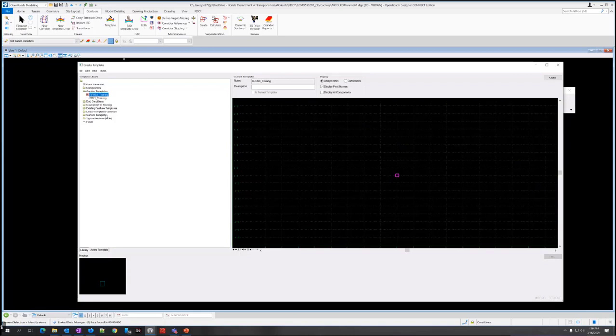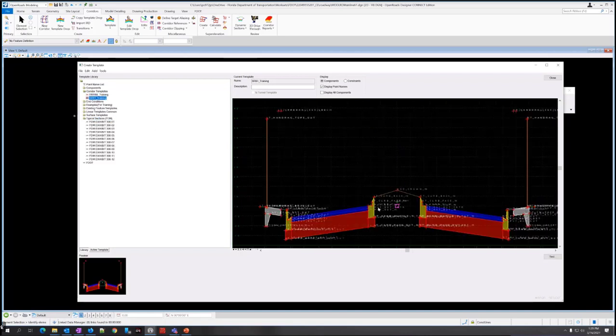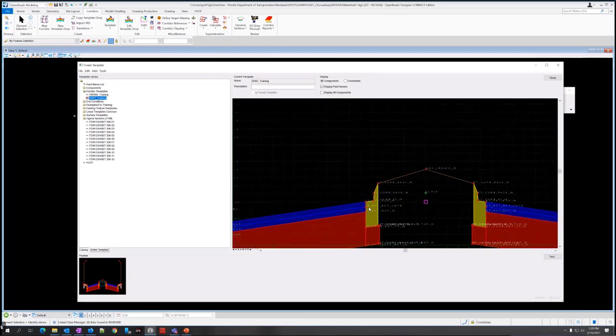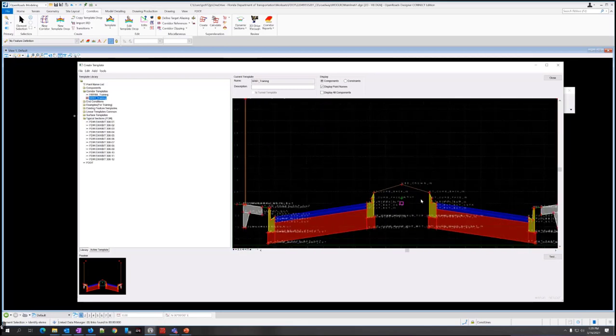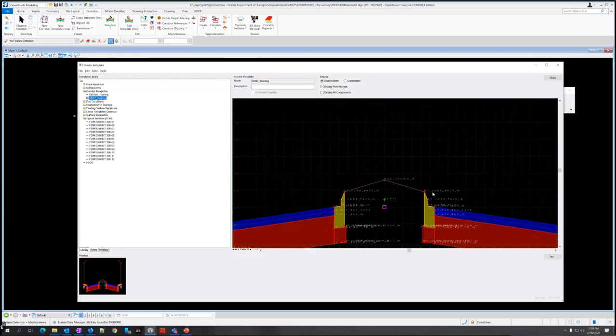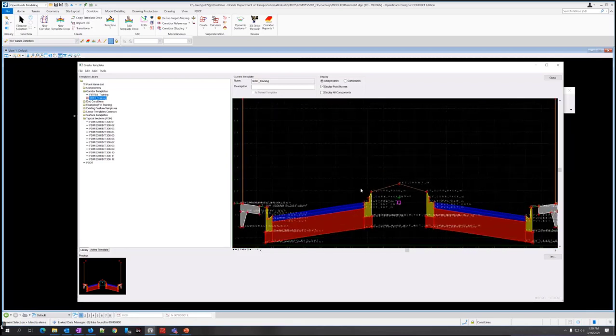Okay, so one thing we want to do: we do have some preferences for prefixes and everything, so you can drag pieces of templates in here. But for our naming convention, for example, let me switch to this one. We have these points over here. These are LT_ for the left side of the center line, RT_ for the right side. Well, it'll do that for you if you drag in one of the generic components.